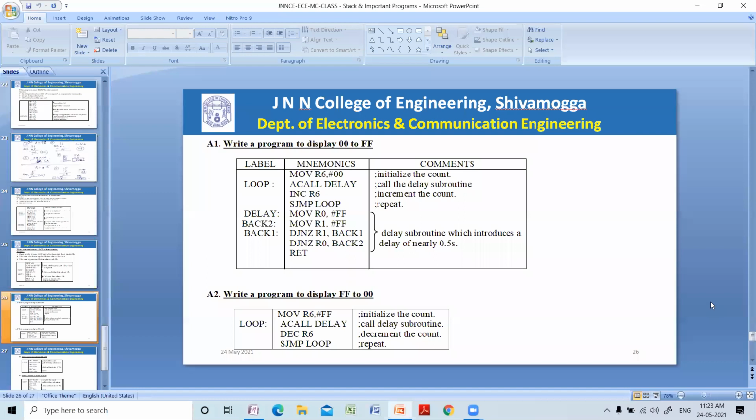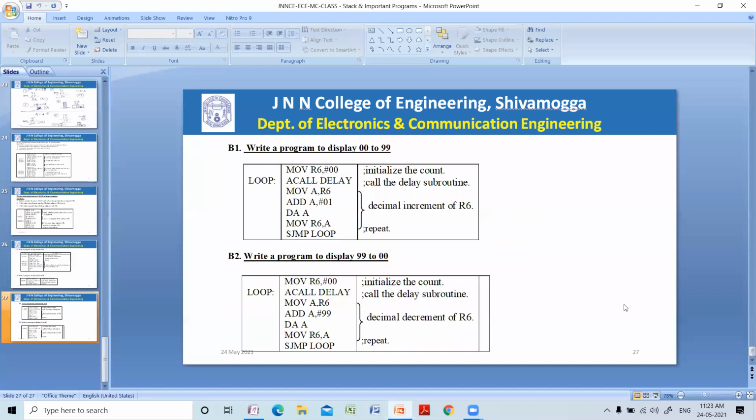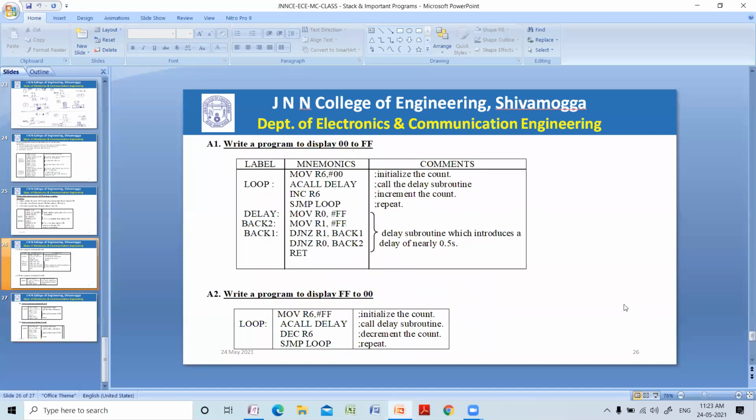And also we will be seeing counter programs. After executing the program, your microcontroller should act as a counter. So these are some important programs which we are going to see.